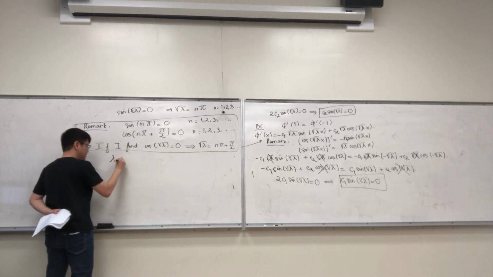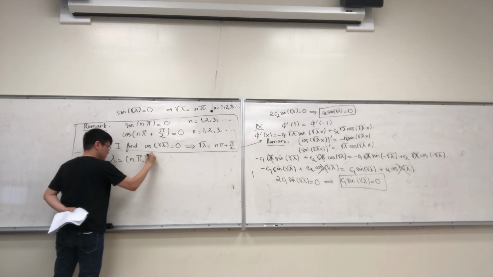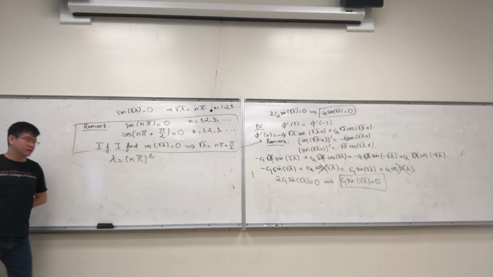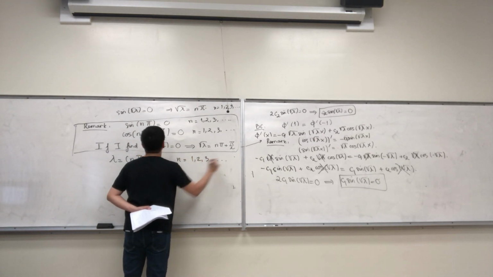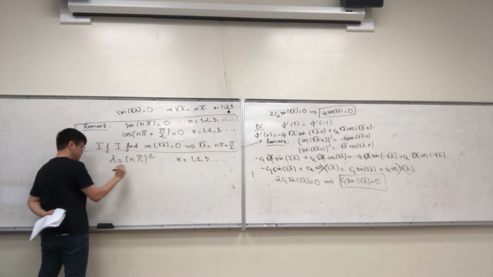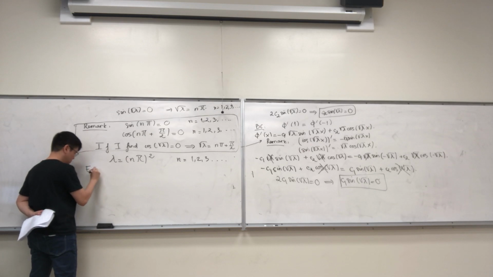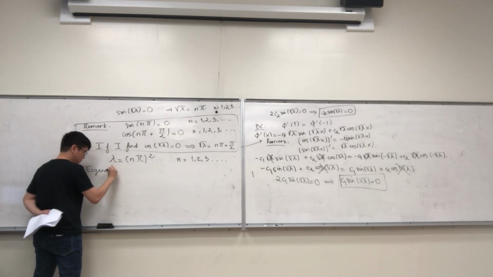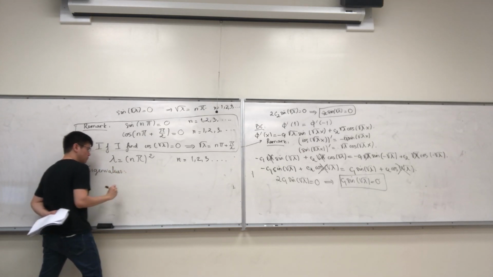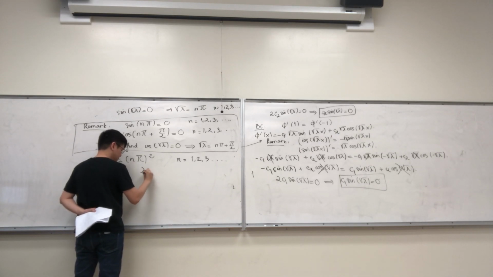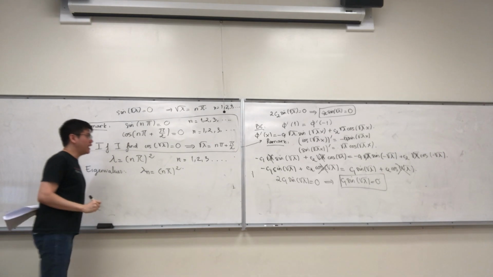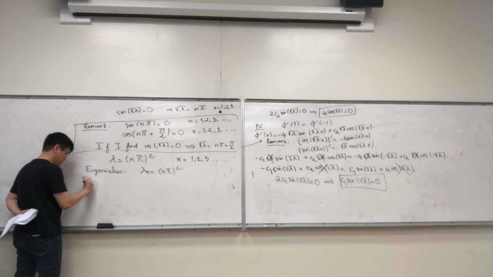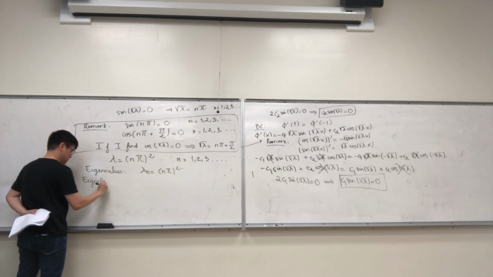So which means that lambda is n pi squared. All right. And it's going to be 1, 2, 3. All right. So in other words, you have eigenvalue, which is lambda n is n pi square, and eigen function or eigenvectors will be